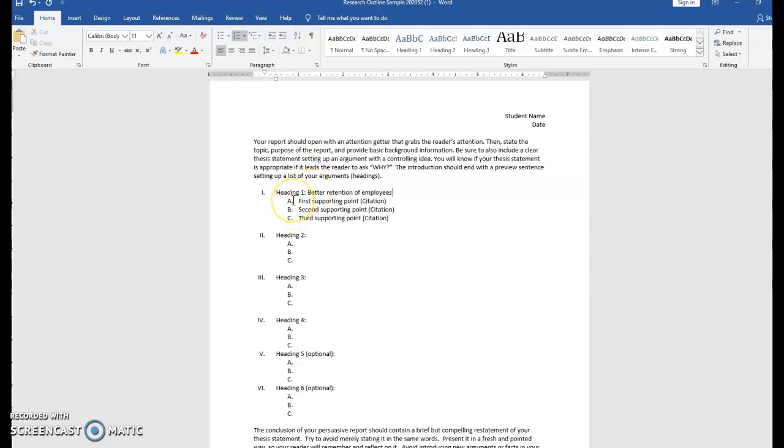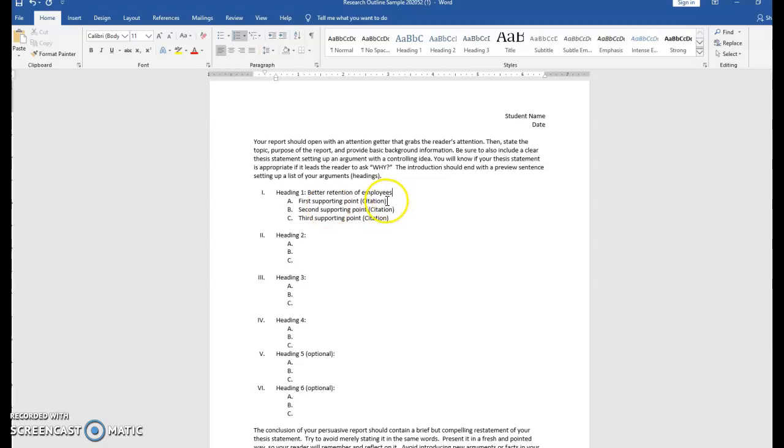Then there is space for you to provide the supporting points. So this would be information from your various sources that would pertain to that particular topic. Please be specific. Don't just give a general heading or term. Please give the specific fact, statistic, or concept.